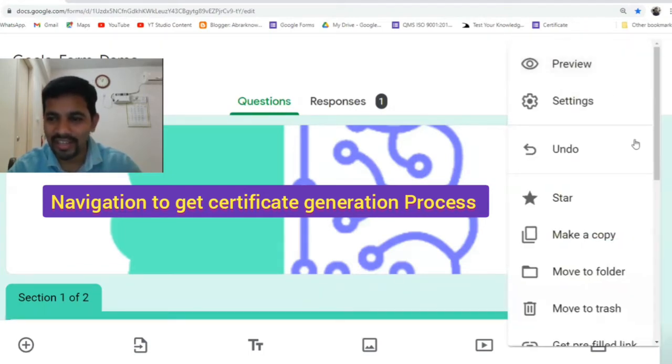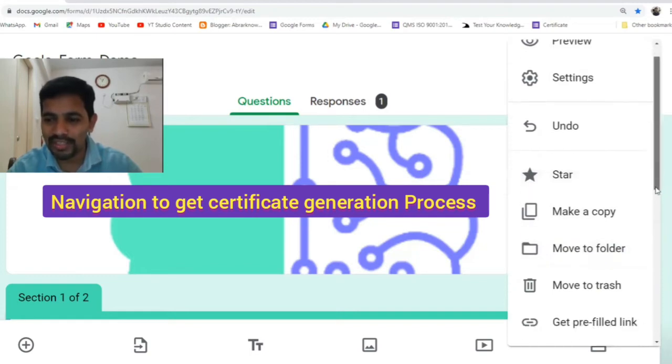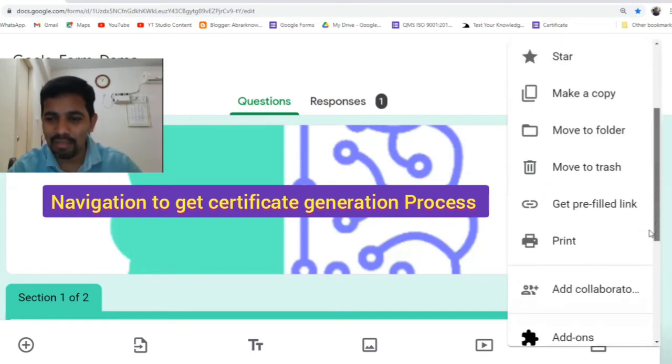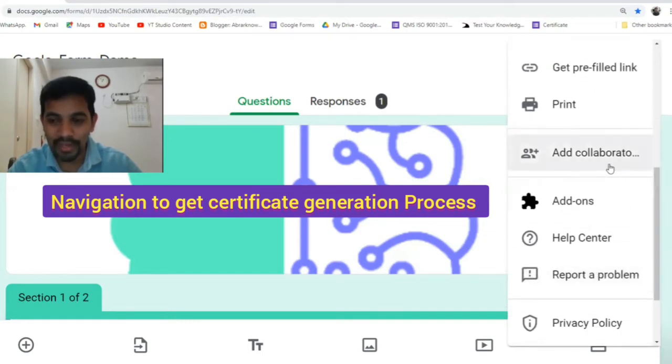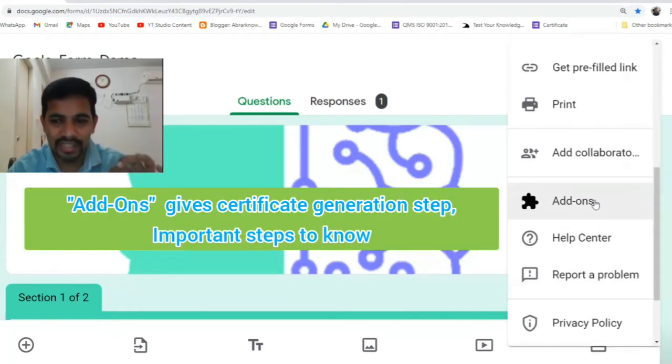Then you have options like preview, settings, undo, star, make a copy, create this template, move to folder, move to trash, get pre-filled link, and so on, and add collaborator and add-ons. This is the one we are going to use to generate the certificate. This is the button we need to click.